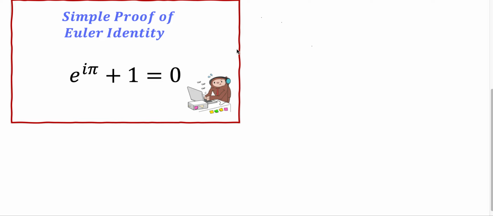of Euler's identity. That is the equation e to the power i pi plus 1 is equal to 0. So first of all, let's see how e to the x can be written in power series form. So we have e to the x. Let me write here e to the x is equal to 1 plus